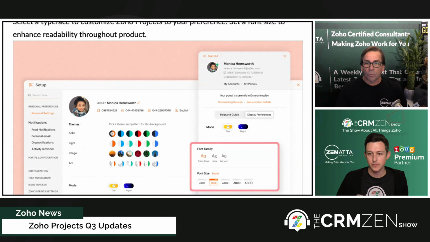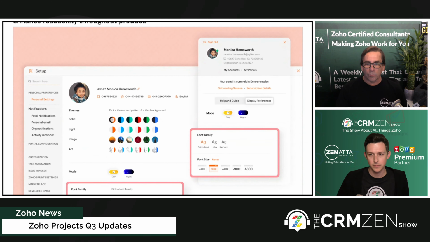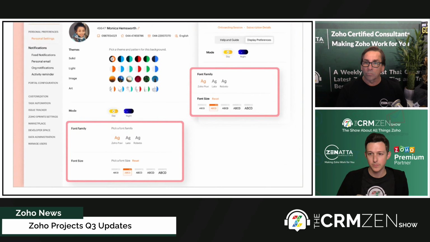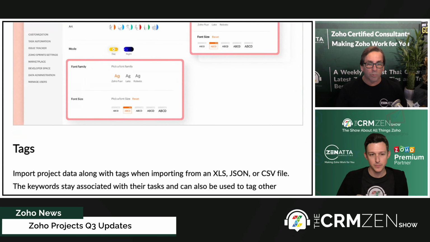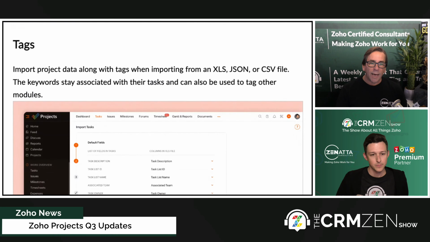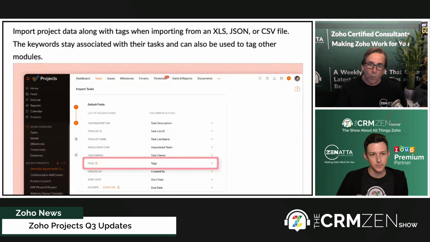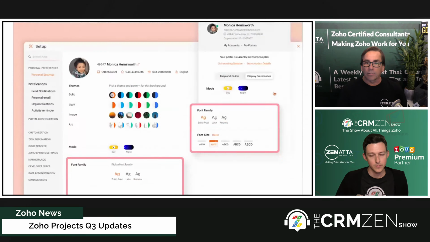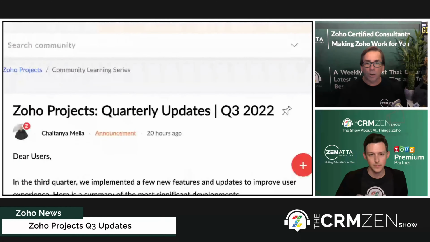So very helpful for people with accessibility issues who might want to make the fonts a little bigger. Maybe they've got a font that's easier for them to read. And then tags can now be imported. So when you're doing an import into Zoho Projects, tags is now something that you can assign. And that is what's going on in Zoho Projects.